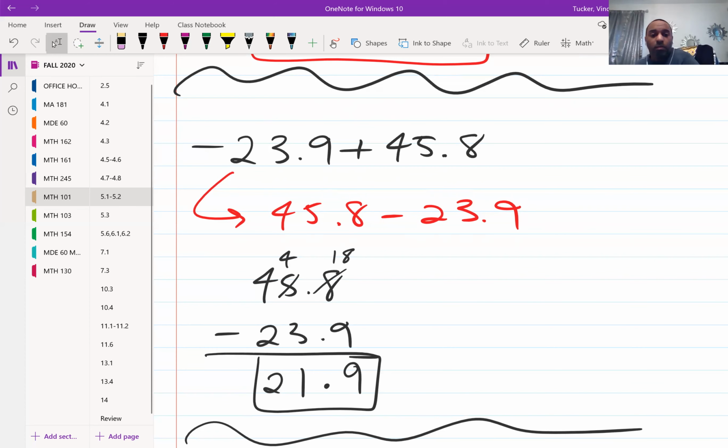So we do 45.8 minus 23.9. Can't take 9 out of 8, so we have to borrow. And so that's why that 5 goes to 4, and then the 8 turns into 18. So 18 minus 9 is 9. Use a decimal. Then 4 minus 3 is 1. 4 minus 2 is 2. So if we're talking about what happened here,